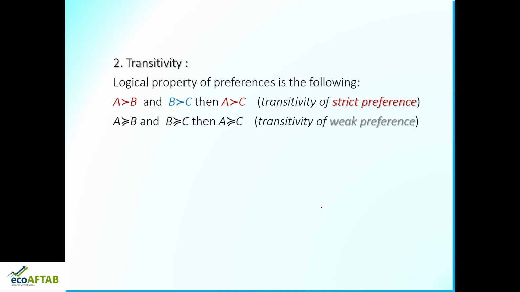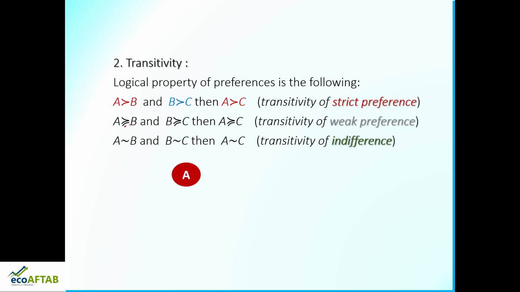So this is the transitivity of weak preferences. Why am I telling weak preferences? Because here we are making use of the equality sign. Lastly, you can say I prefer A as much as B, or I prefer B as much as C. It also means you prefer A as much as C. So this is called transitivity of indifference. So there is something called strict preference or strong preference, weak preference, and indifference towards the bundles.